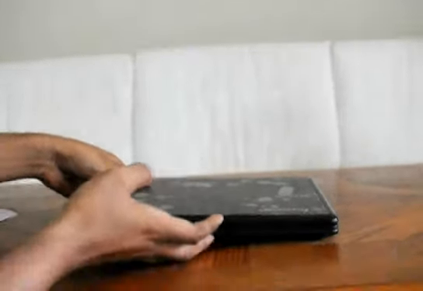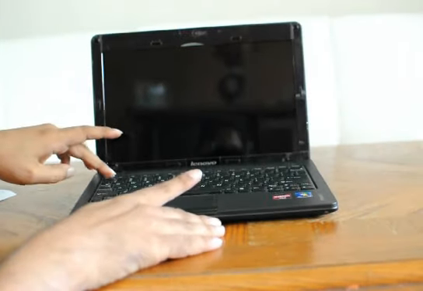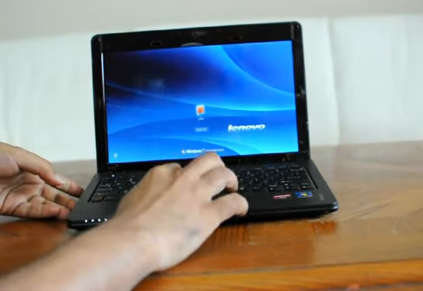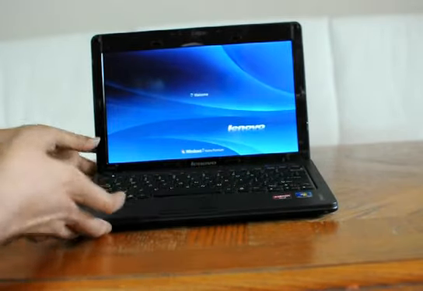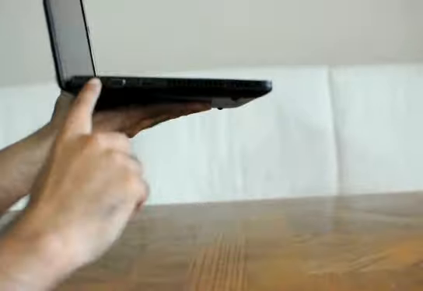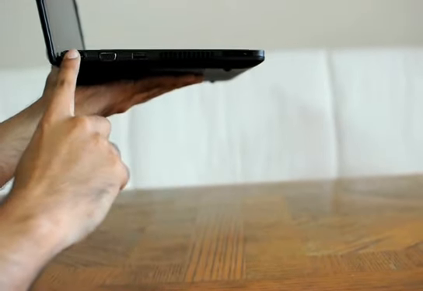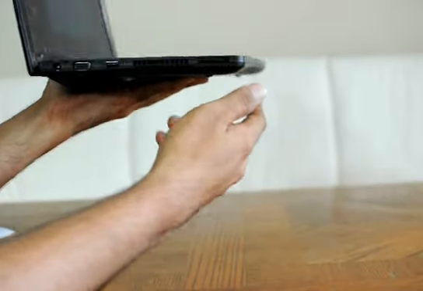Coming to this laptop, let me just switch it on. This laptop comes with an external monitor port and a USB port on one side. This is the power and the external network card.